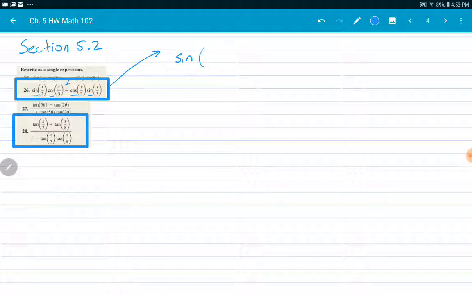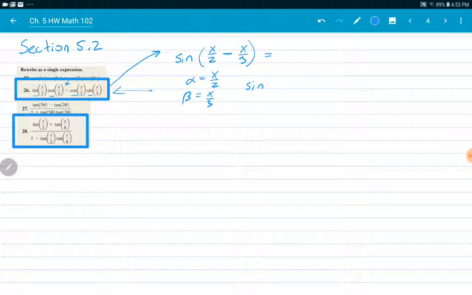well, I'll say alpha is x over 2 and beta is x over 3. And this is the difference identity for sine. We keep the same sign and change the functions when we do sine. So sine of x over 2 minus, keeping the same sign, x over 3. And simplifying that, we get,